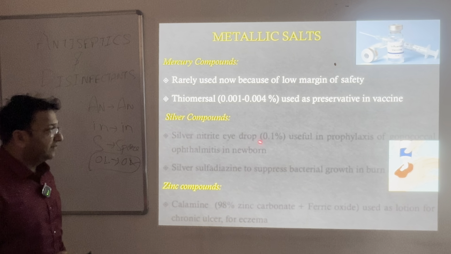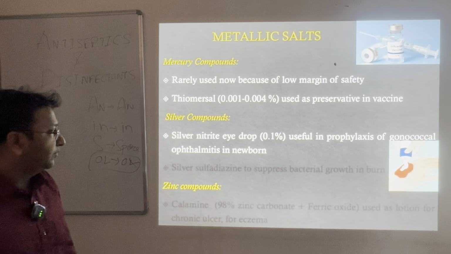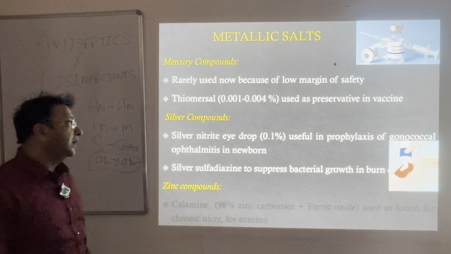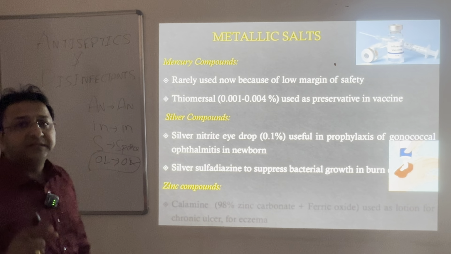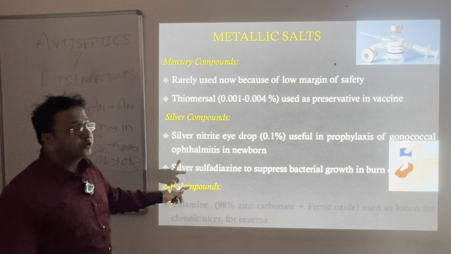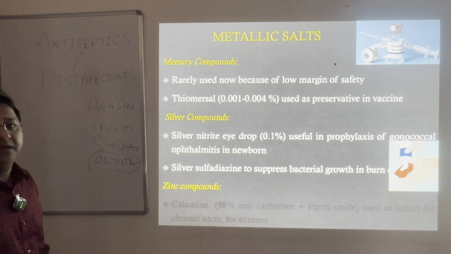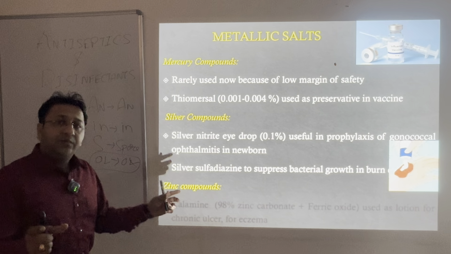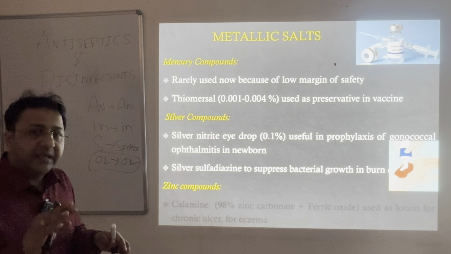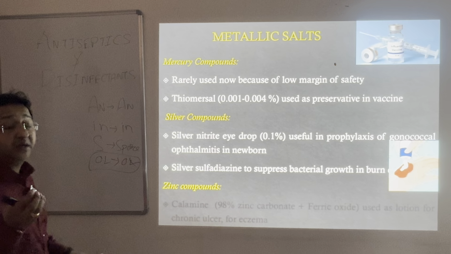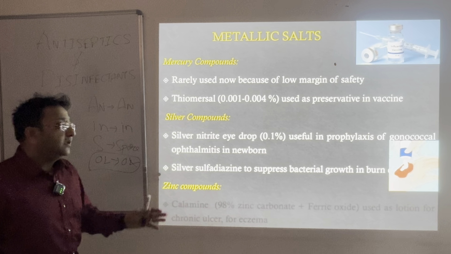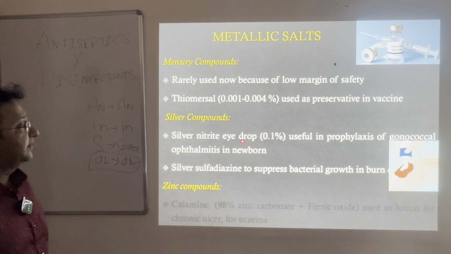Silver compound, silver sulfadiazine, you have heard of very much. Silver sulfadiazine is for burn dressing. The cream that is applied on a burn has the silver compound. Sulfadiazine is a sulfonamide, an antimicrobial, and it acts as an antibacterial. What is the silver doing here? Silver attracts water, making the burn area a little bit moist. So silver with sulfadiazine is used for burn dressing,